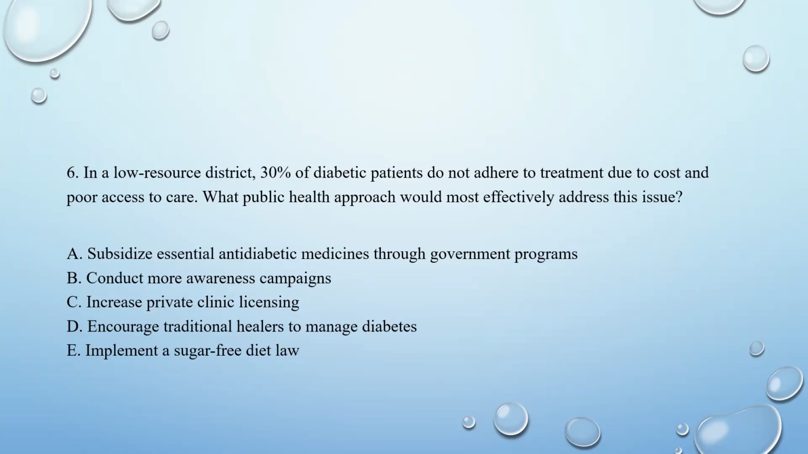B. Alpha. Yes, the right answer is A, as the patients are not adherent to the treatment. So we need to subsidize essential diabetic medications through government programs because patients are not adhering to treatment due to